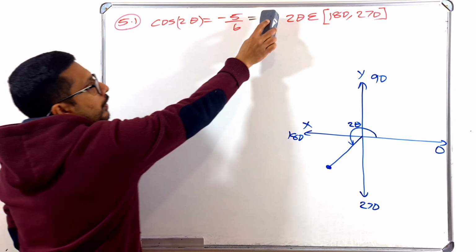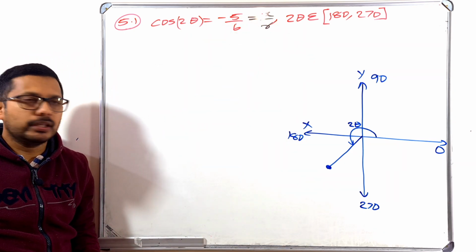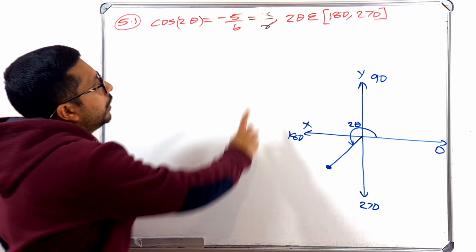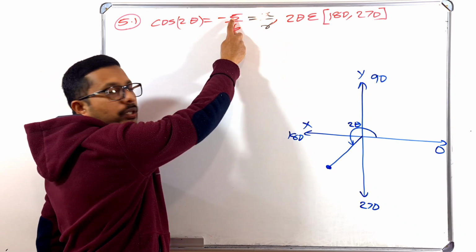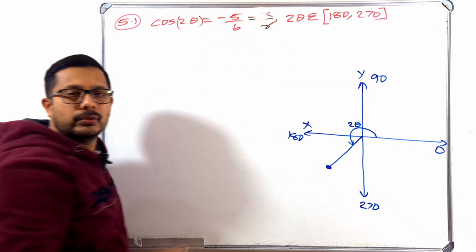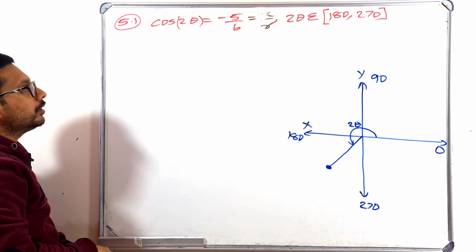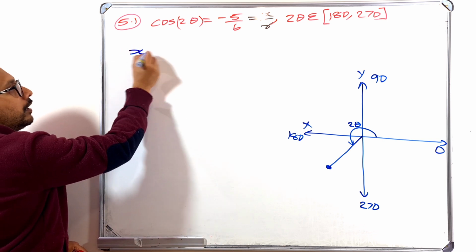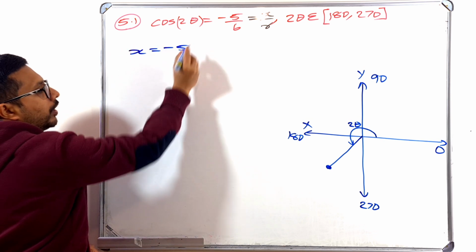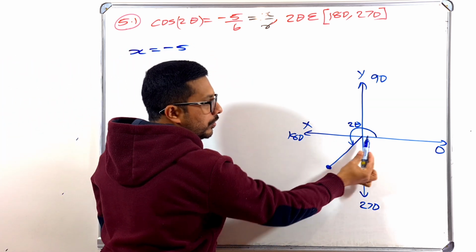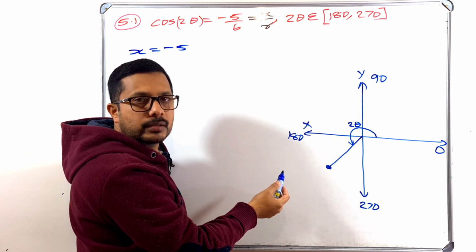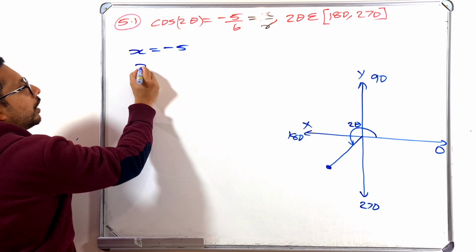Okay, so this one is x over r. Now x is minus 5 and r is 6. You can say it like that. So the value of x is equal to minus 5. Of course, here the x value is minus 5, so we can write x as minus 5. Then r is equal to